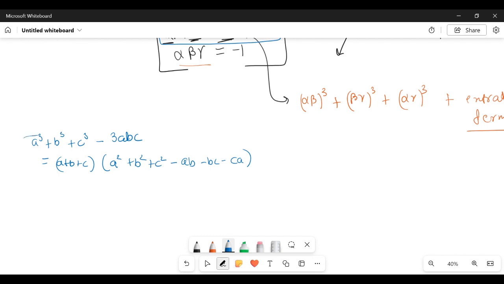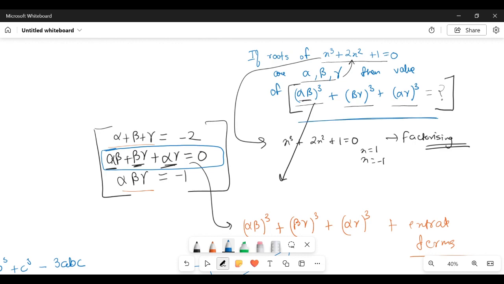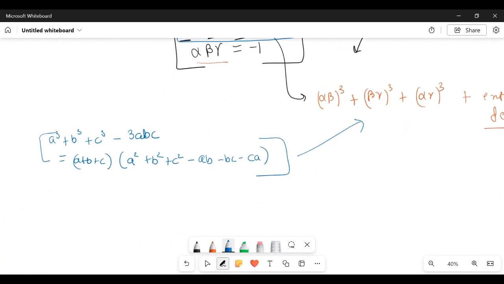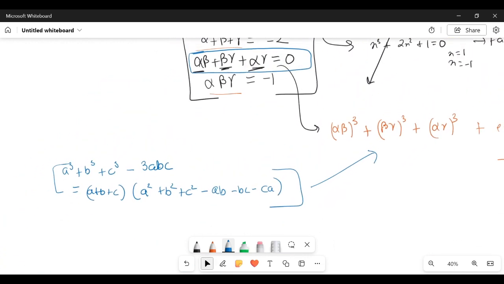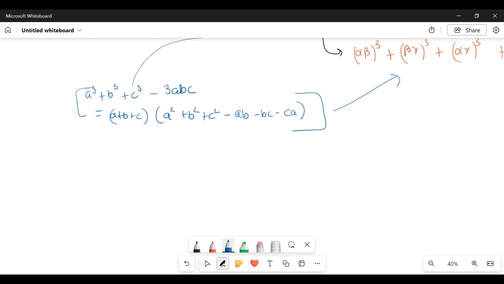So can we use this identity here to evaluate this expression? Can we use that? So what would be A? A would be alpha beta, B would be beta gamma, and C would be gamma alpha. So that is what the scenario is. Let me write it for you: alpha beta the whole cube plus beta gamma the whole cube plus gamma alpha the whole cube minus 3 times